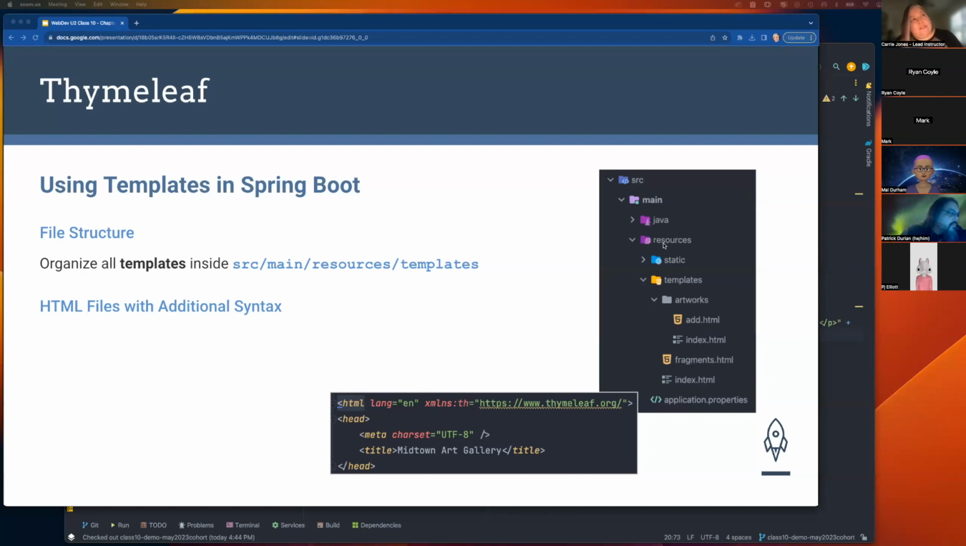But then this other one that's alongside Java, resources, this is where static is where your images and CSS files go. And then templates is where all of your HTML files, but specifically Thymeleaf templates, are going to go inside there. And there is some additional syntax involved to basically make an HTML file into a Thymeleaf template. You have to make sure Thymeleaf has been added to your project as a dependency, first of all, which you can do either by selecting it as one of the dependencies from the beginning when you use Spring Initializr